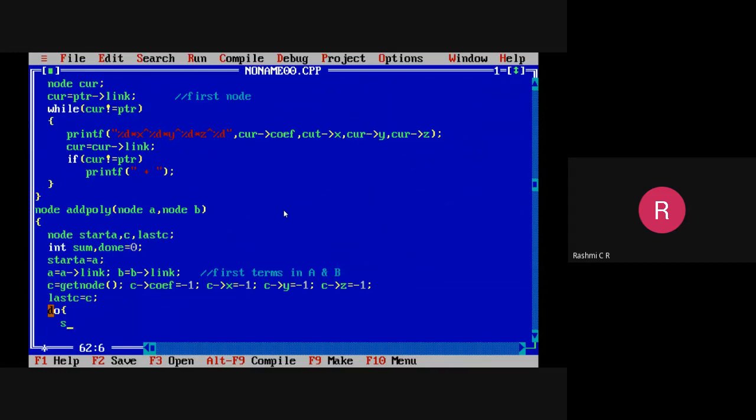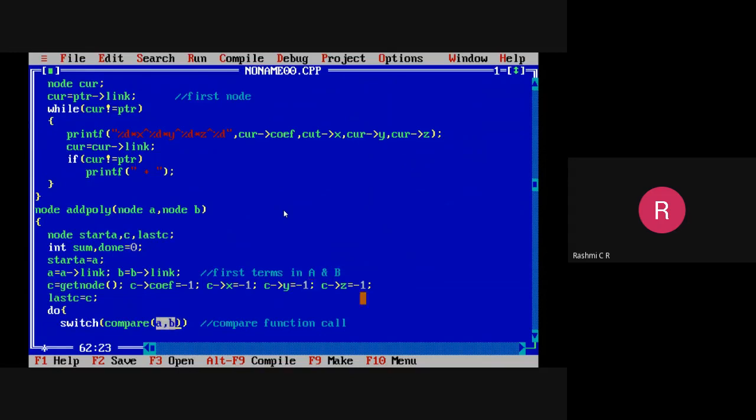As you already know, when you want to add two polynomials, I have to compare the polynomials, that is the exponent terms of the two polynomials should be compared. Here we are calling a function called compare. This is the compare function call, it is similar to the string comparison operation. It will compare the two terms and it will return the result.